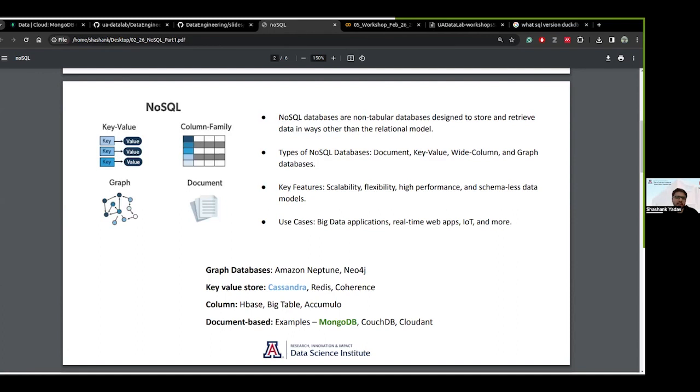So NoSQL databases, in summary, are of 4 types: key value, column family, graphs, and document. Today we will look at MongoDB as an example, and in the next tutorial, we will look at Cassandra. So moving on,